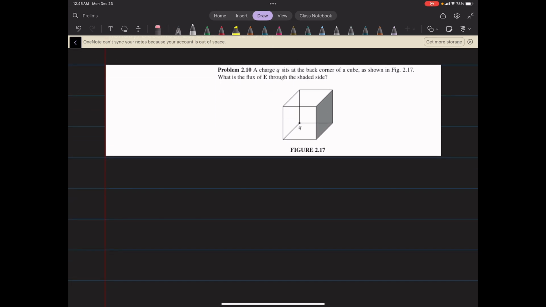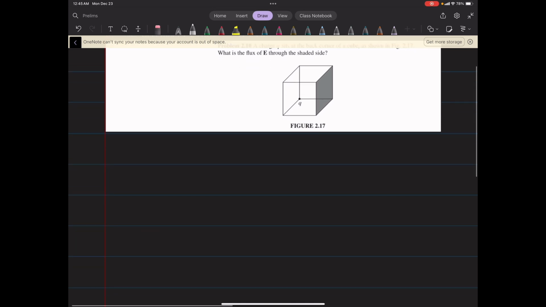Okay, let's get into the problem. It says a charge Q sits in the back corner of a cube, as shown in this figure. What is the flux of E through the shaded side? Okay. Now the equation we want to use here is